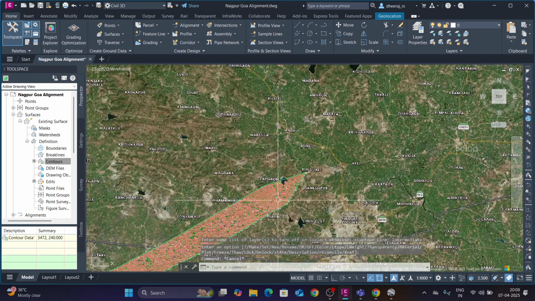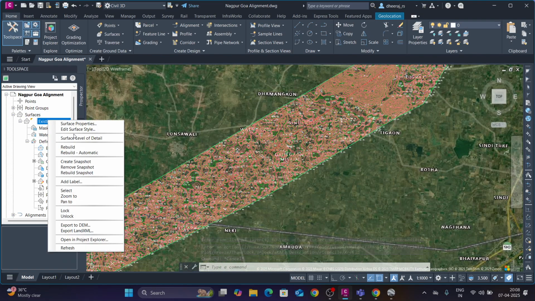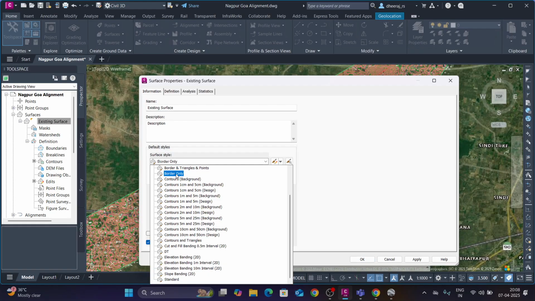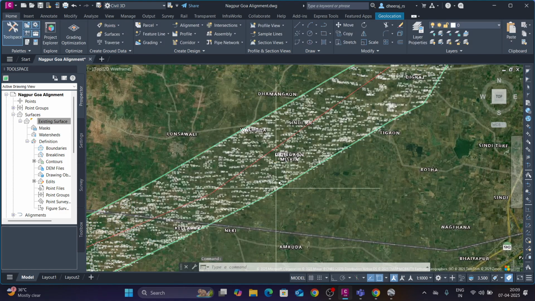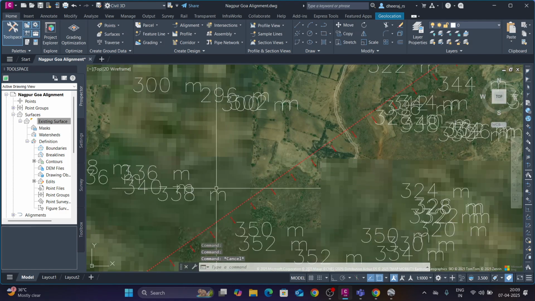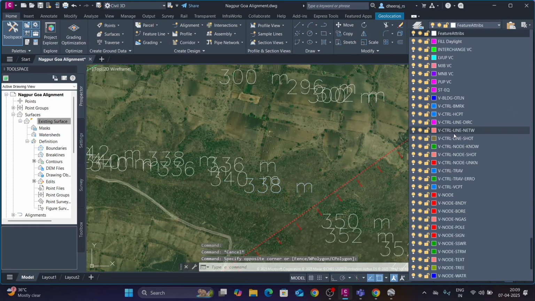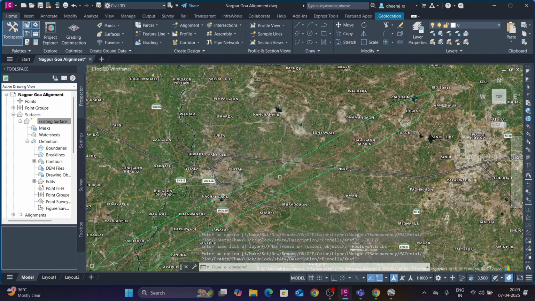Okay. And in the surface, I will hide it, we will take the border only. Okay. All contour lines will now be gone. Right. For this also, I will add the feature attributes. Okay. Now you can see